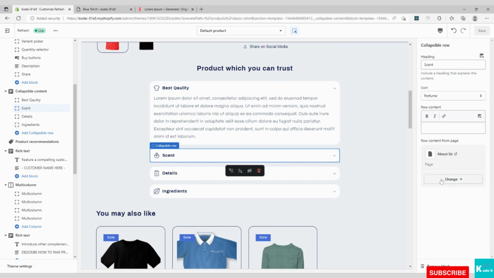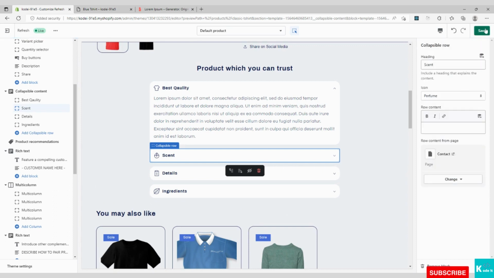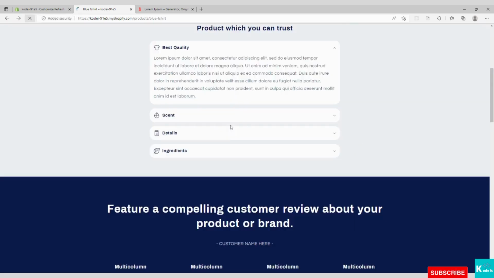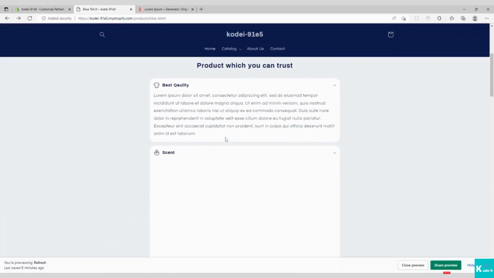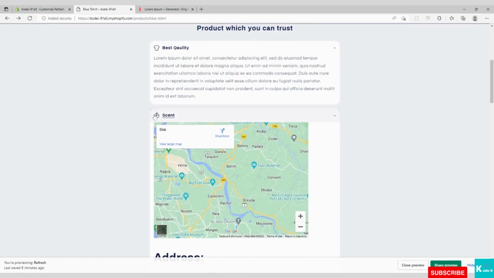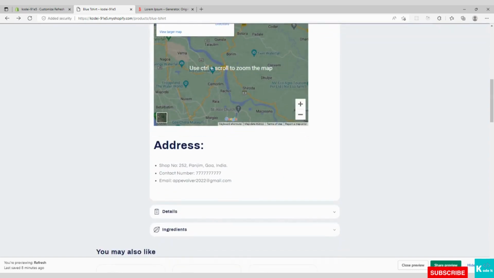This is because we had got an error while saving. So now let's click on change, remove page. Let's reselect the page. Let's select contact page now. Click on save again. Let's refresh the front end of the website. Now, if I click on expand, then whatever details were there inside the contact page, same details are shown over here inside this accordion. That is Google Map and the address.